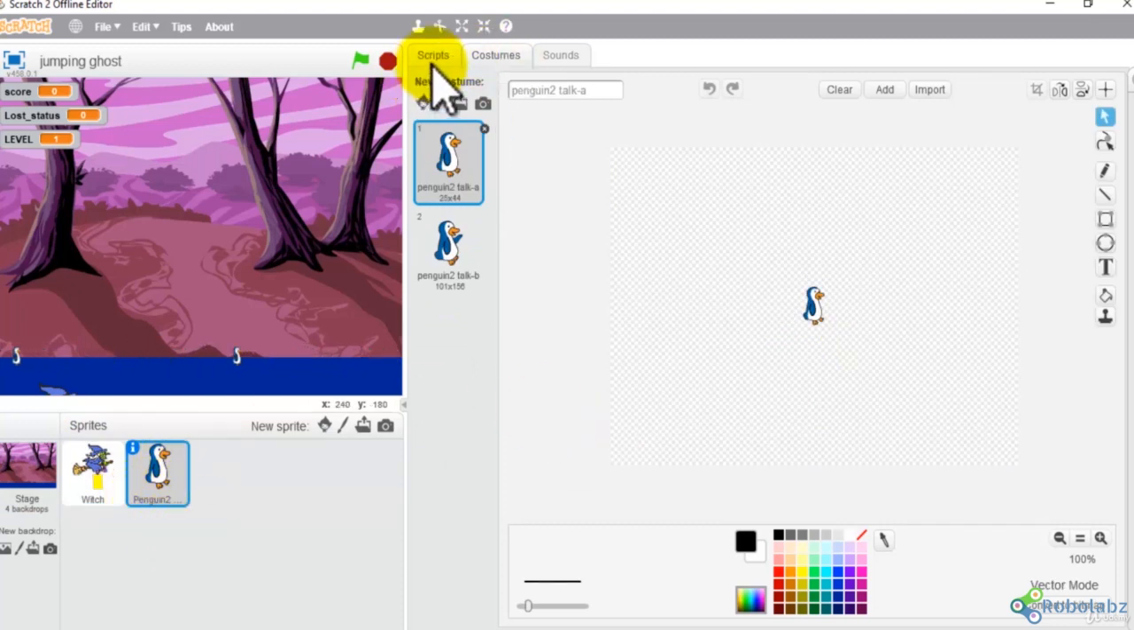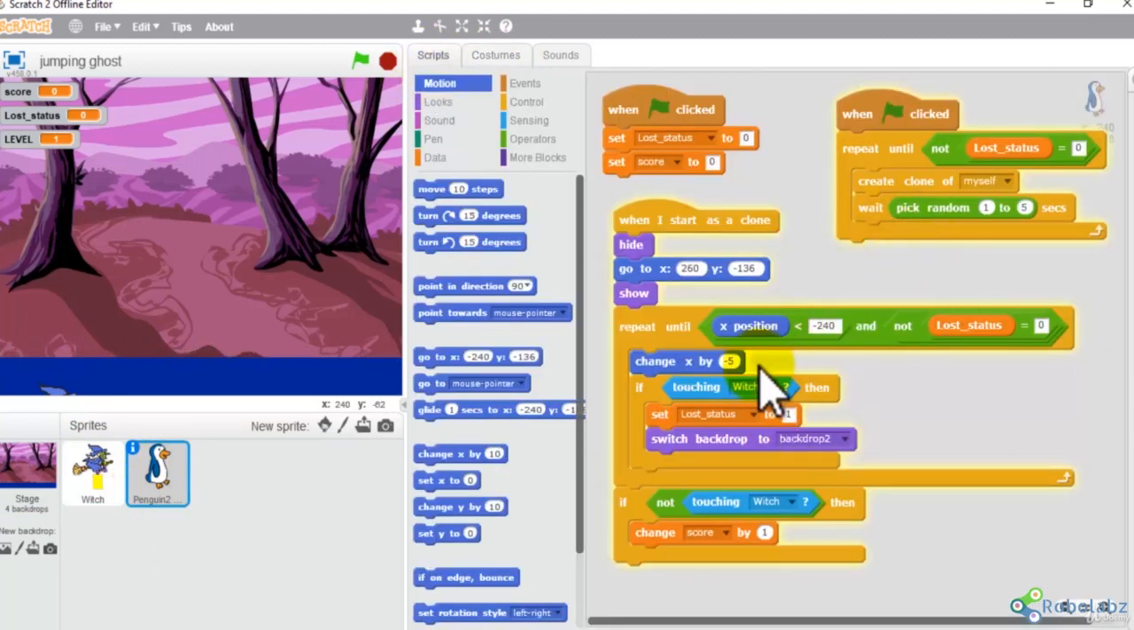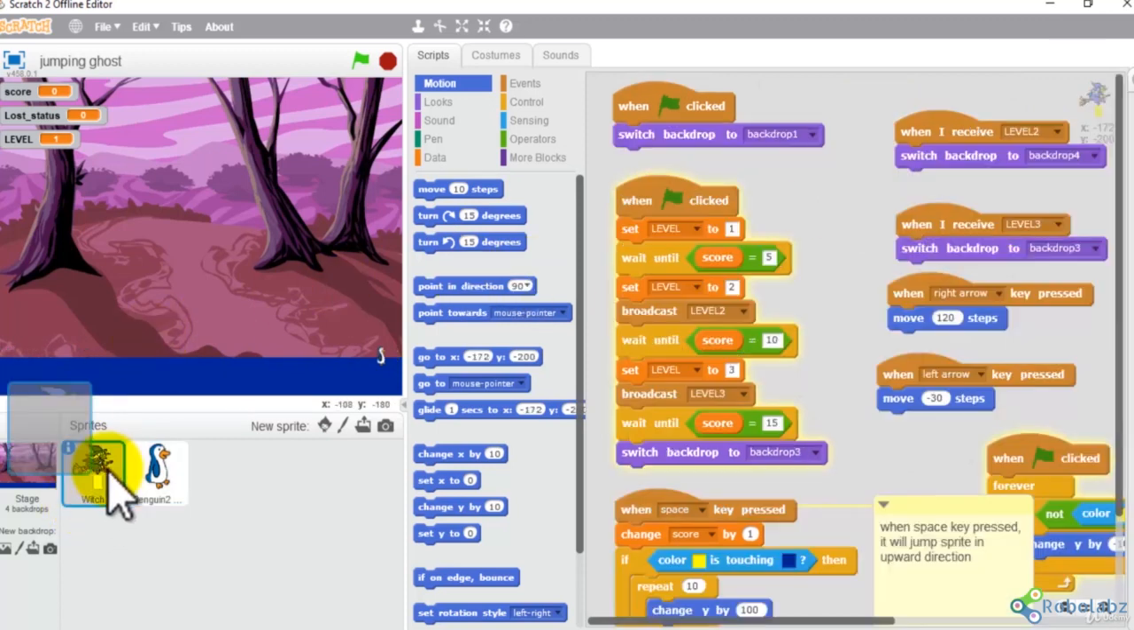Penguin code. Okay, now see here I have switch backdrop to backdrop 2. So backdrop 2 is actually the losing game background, so that's why I'm just switching my backdrop to backdrop 2 and setting my lost status to 1, and I'm creating clones until my lost status is not equal to 0. Okay, that is whenever your lost status is equal to 1, then this condition will become false, and so just like that. Okay, now come to the witch, that is jumping ghost, and see